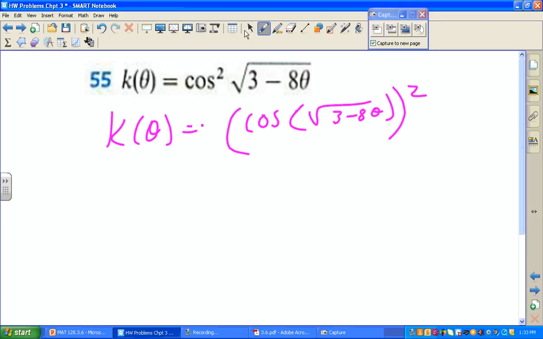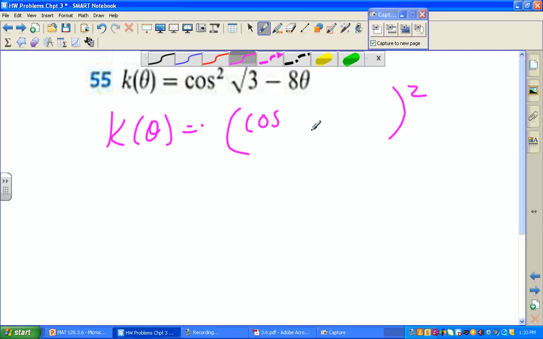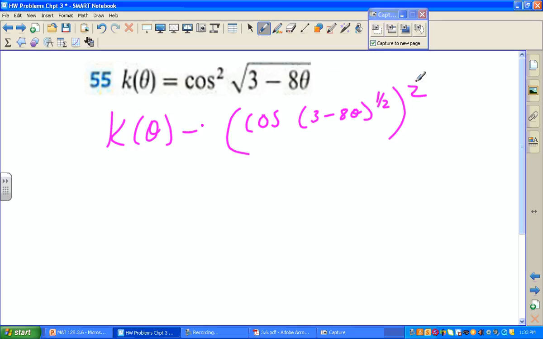So the way to rewrite that is not with the radical, but to a half: 3 minus 8 theta to the half. Do not distribute this 2 to the half, because that's an angle. The 2 is an exponent for the cosine of the ratio, not the angle. So you have to do the 2 first,